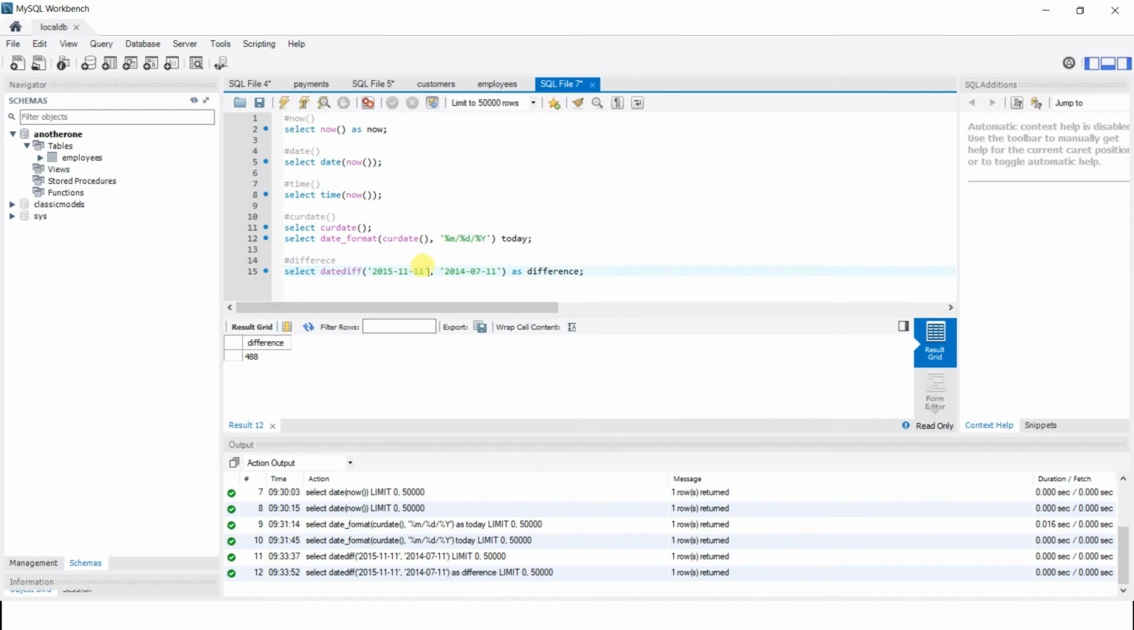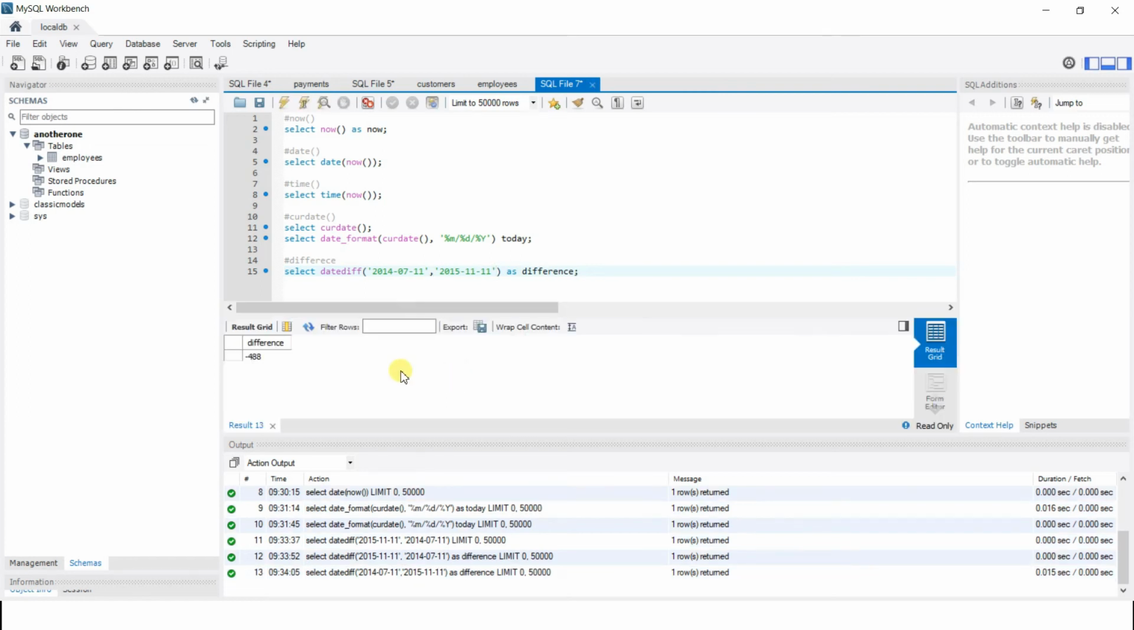Now what if we switch these dates? What do you think will happen? You get minus 488. So what MySQL does by default is the greater one needs to be in front, and it does normal a minus b. So if a minus b is negative, it shows negative. So 2014 minus 2015 is negative, so it shows a negative difference. Okay,